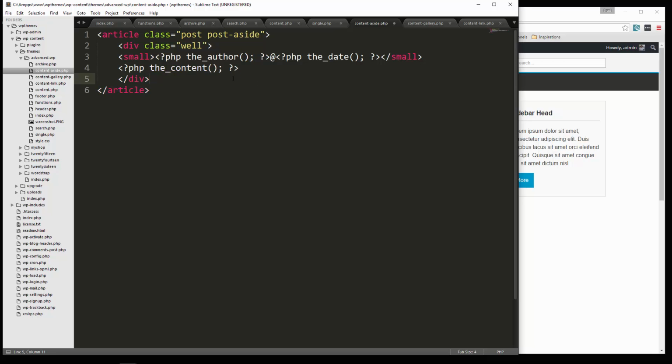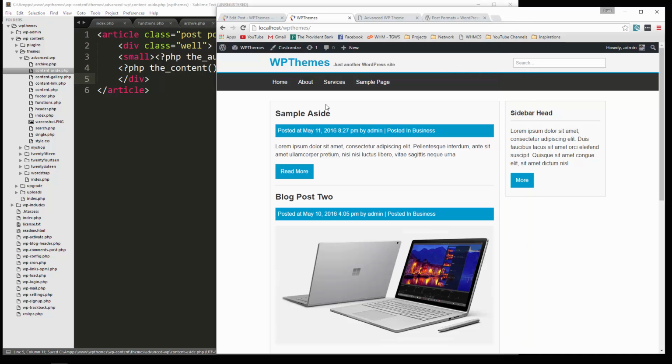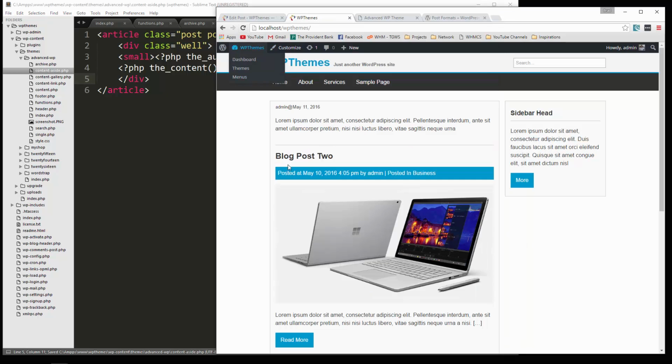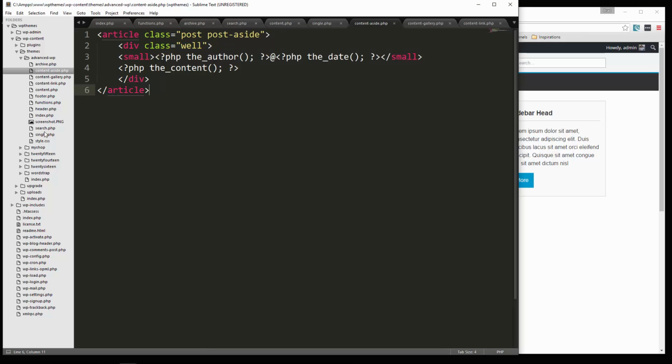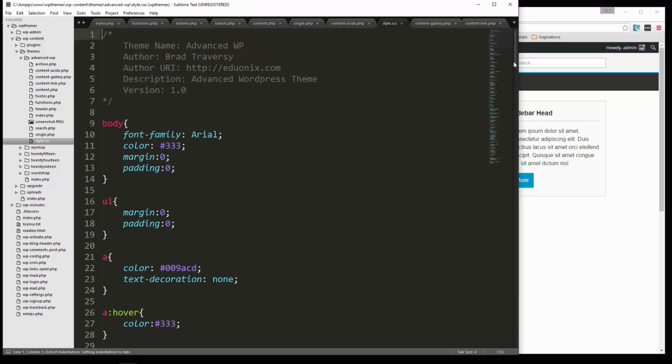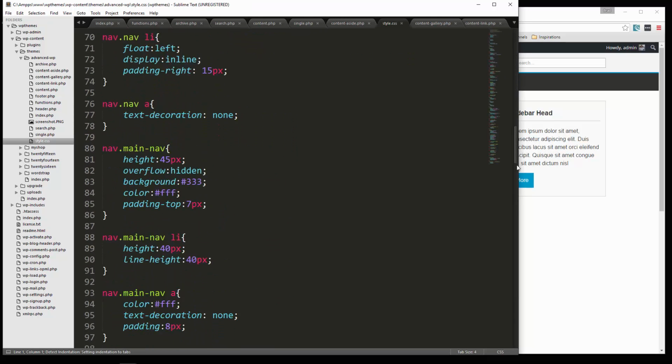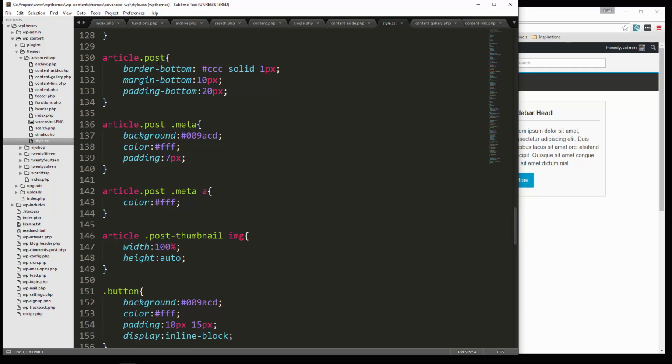Alright, that's it. So we'll save it, and if we go back and reload, you can see that this post has changed, because it's coming from this content-aside file. Now I want to make this look a little better, so we'll go into our style sheet, and we'll go down to where we have the article stuff,